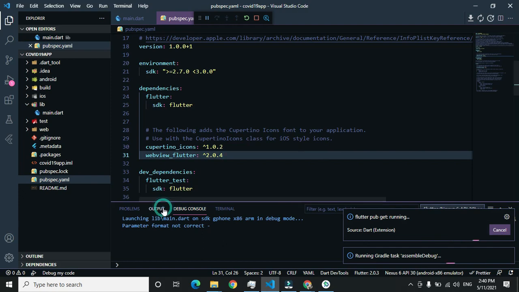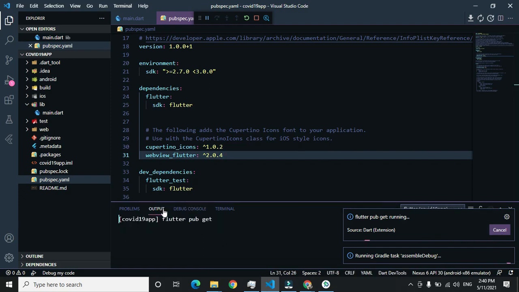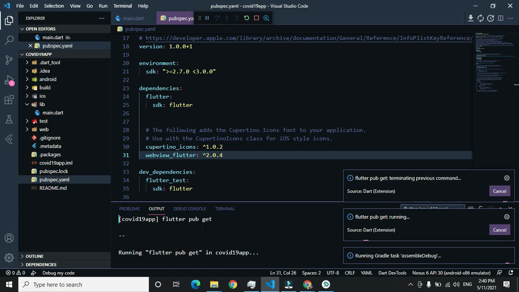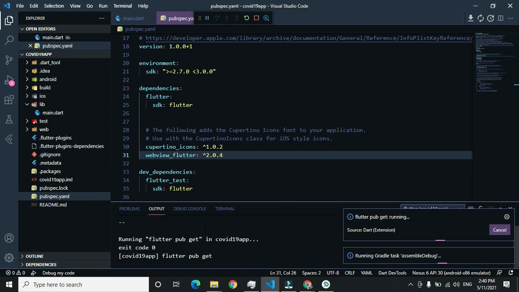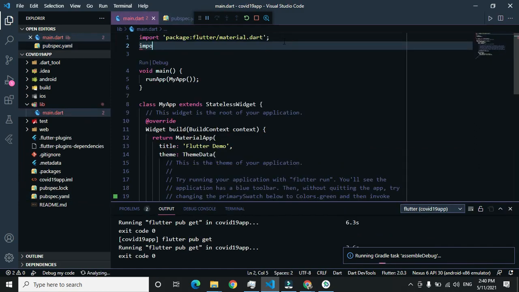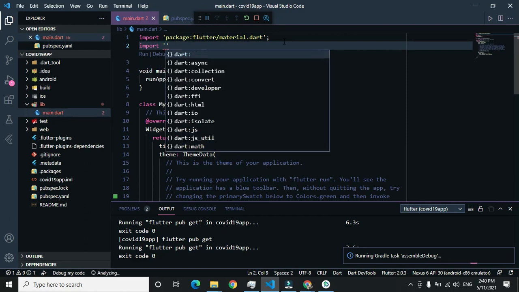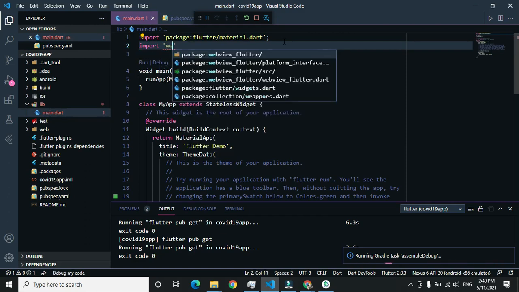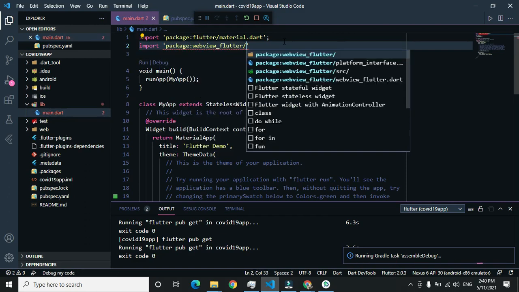Now press the pub get button, and on the right hand side of the screen, see the terminal for code 0 in the debug console. After that, import this package: webview_flutter/webview_flutter.dart.